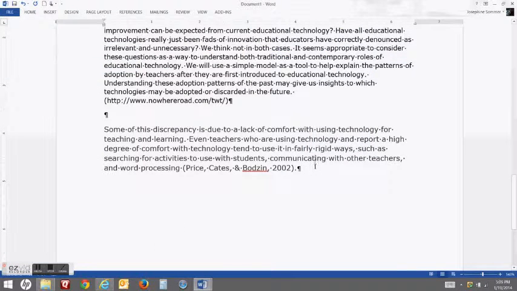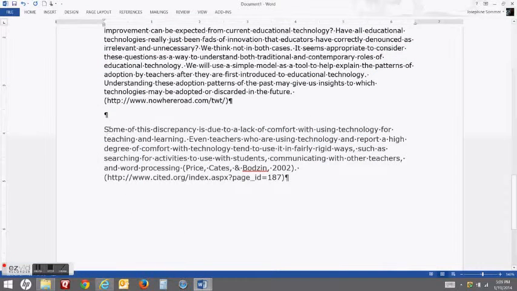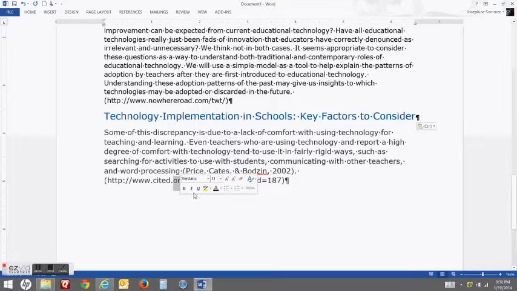Okay, and then paste that. Paste that. Site. And what is the name of the article again? Technology and key factors to consider. So I'll copy and I will also paste that.